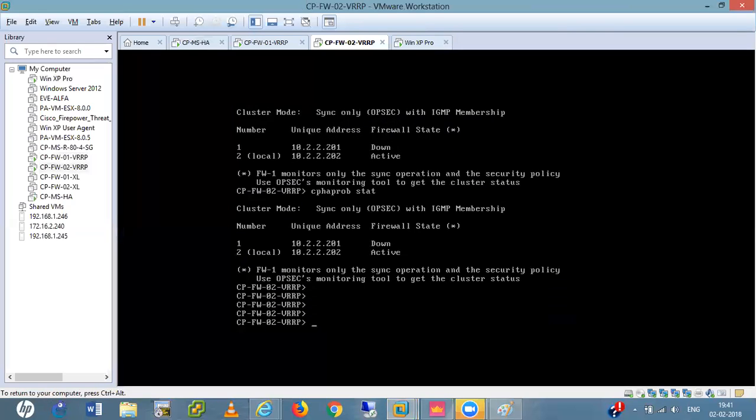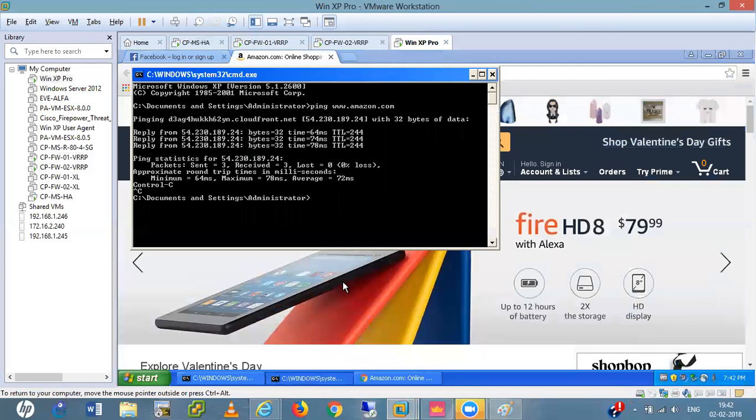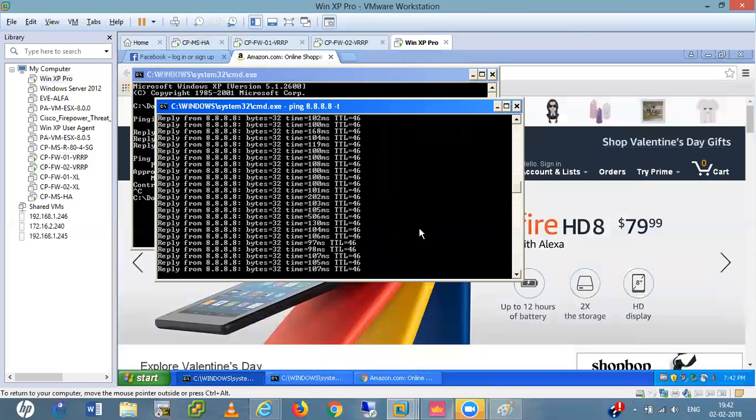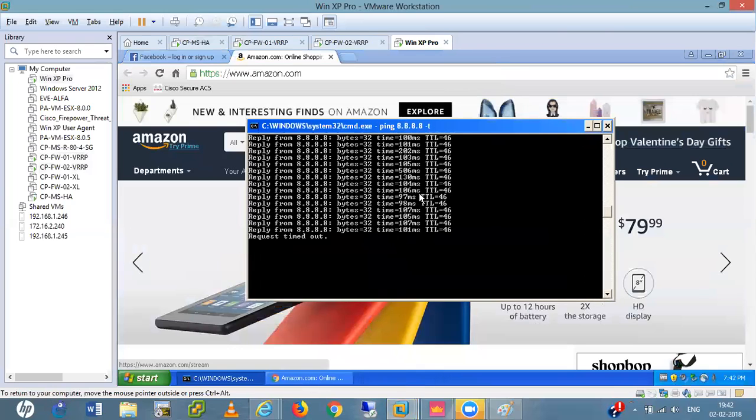Now one is down. The thing is, previously they were not able to sync with the primary interface, this failover link. That's why we were getting this error. If I open my client machine, yeah, this happened. Ping is also working, right? So that is the way we can do the VRRP.